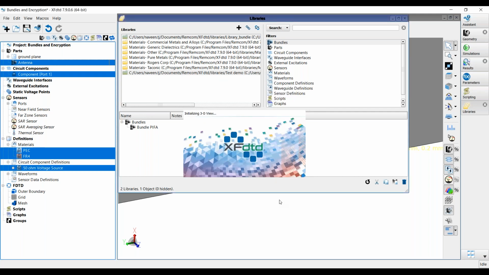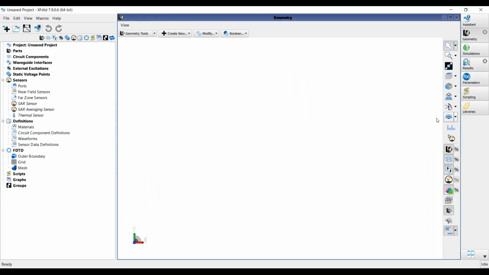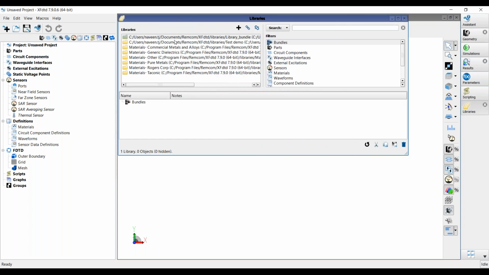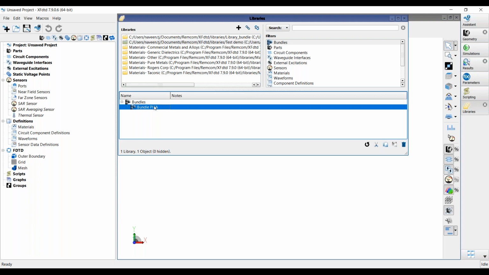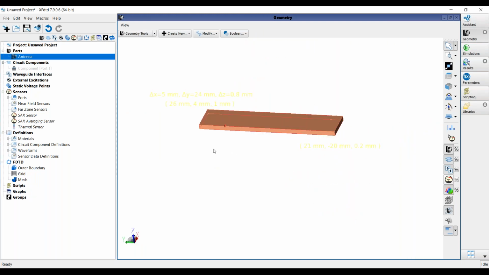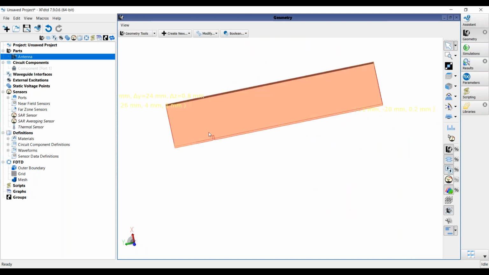If he were to open the same project, he would not be able to access any of the sensitive information related to the design. So he can do so by selecting the library and loading in the bundle. And as you can see here, we have the antenna available, and we have the